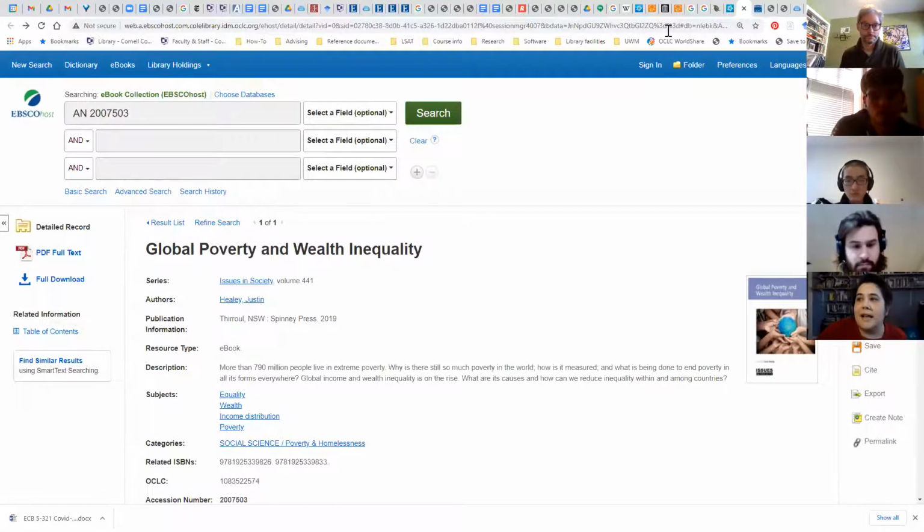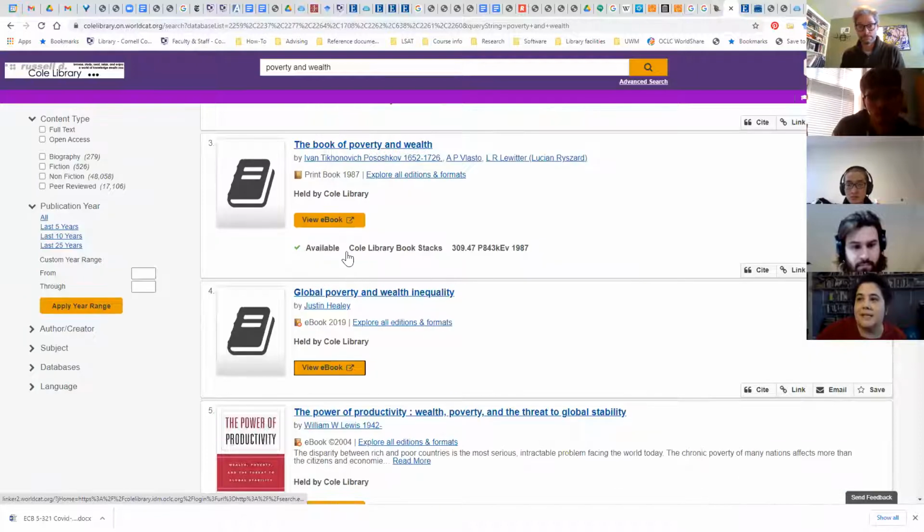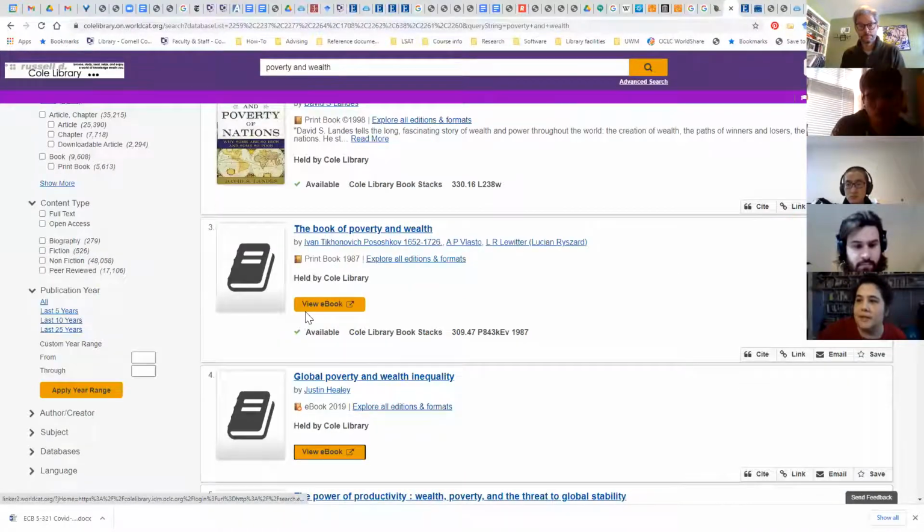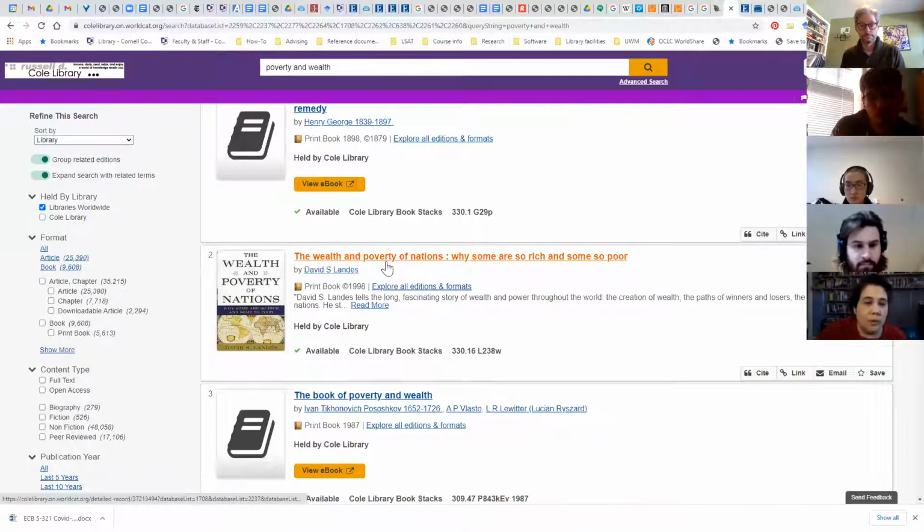And the other piece with this is, if you're not physically on campus and it's one of our print books that you're interested in, we will mail those to you, but that takes time. So if you find it today and you tell us today that you need it, it might get there in time for the assignment, but not always. Yeah. So it's always worth asking to see how long it's going to take before you spend your own money.